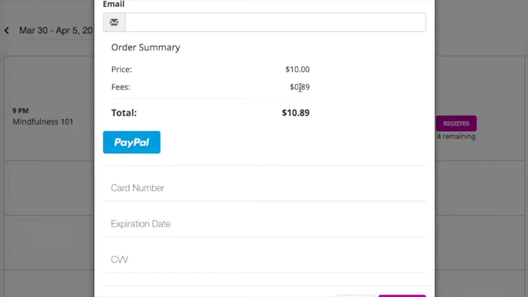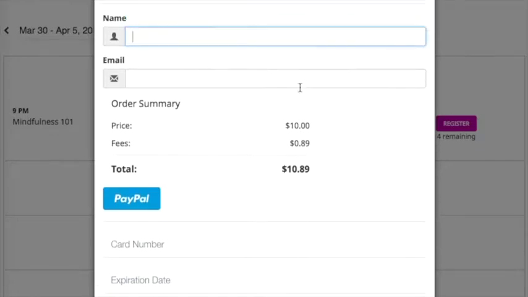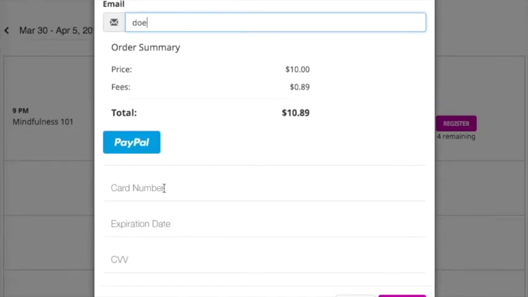And remember that you can set this fee to either pass it along to your students or clients, or you can choose to absorb this fee yourself. Once you have a student register for this class and they can enter their payment information,